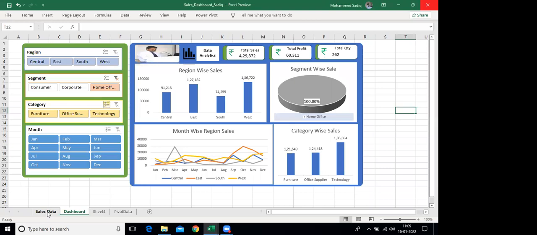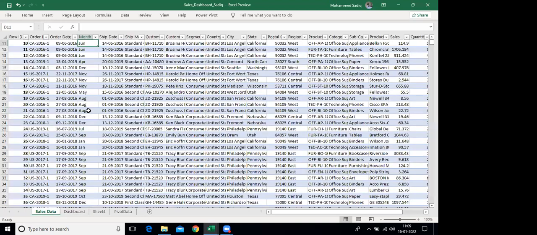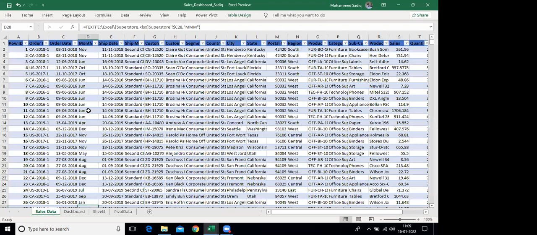Generally, what exactly is data analytics? If I say in general, I just have some data over here. And generally when you talk about data analytics, it is nothing but you have a lot of data, and how we can study this data, understand this data, and question this data so that we can get the insights of the data. When you get the insights of the data, we can have better planning and better decision making,